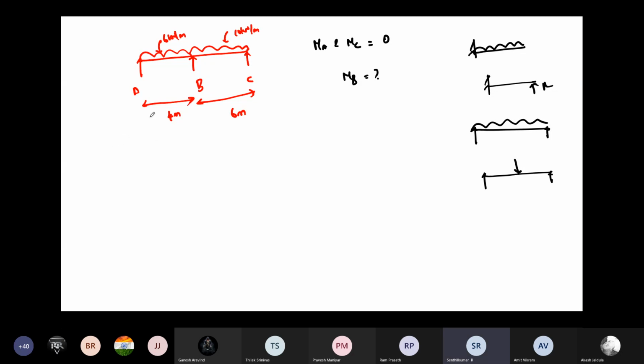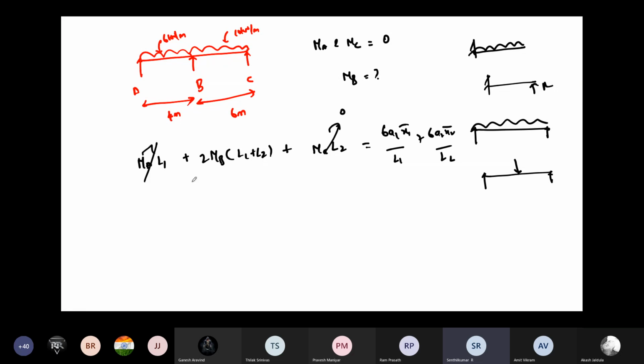There, what is your equation? My equation is MA L1 plus 2 MB of L1 plus L2 plus MC L2 equal to 6A1 X1 bar by L1 plus 6A2 X2 bar by L2. I know that already, simply supported at both ends, MA and MC will be 0. So my only unknown is MB only. 2 times MB, L1 plus L2 is 4 plus 6, that is 10 meter, which is equal to